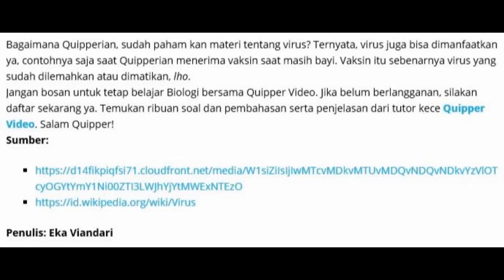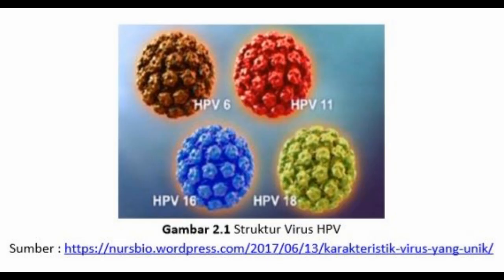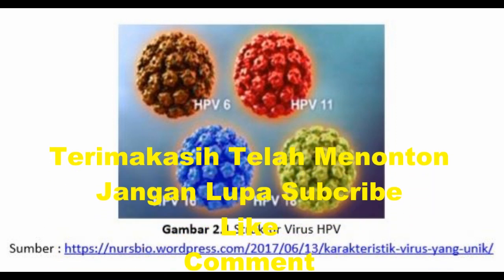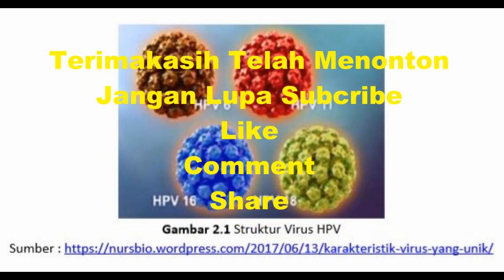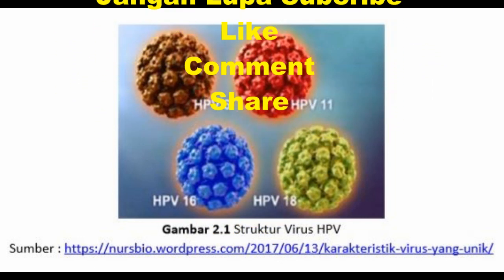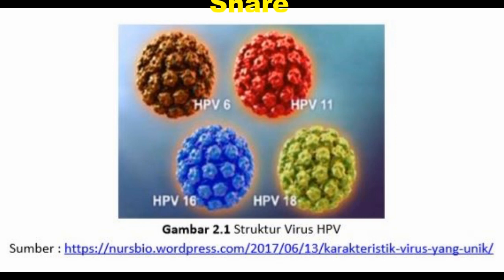2. Classification of viruses based on the number of capsomeres. There are 5 groups of viruses in this classification, as follows. 1. Viruses with 32 capsomeres, for example parvovirus. 2. Viruses with 60 capsomeres, for example picornavirus. 3. Viruses with 72 capsomeres, for example papovavirus. 4. Viruses with 162 capsomeres, for example herpesvirus.